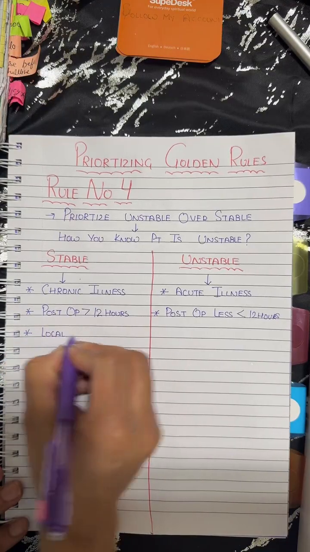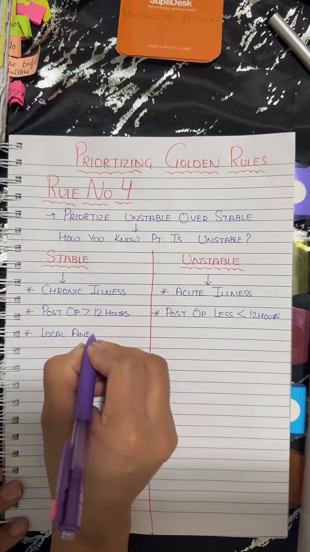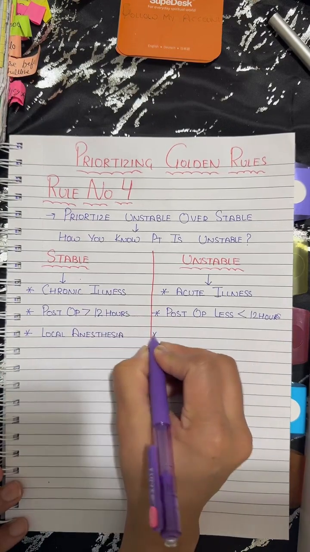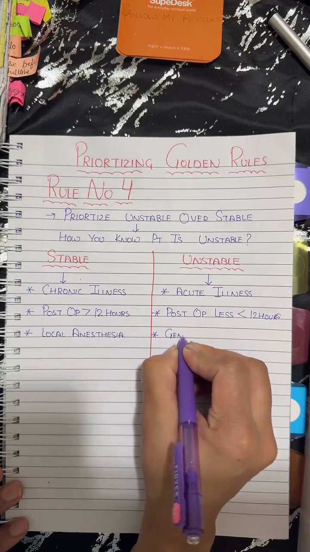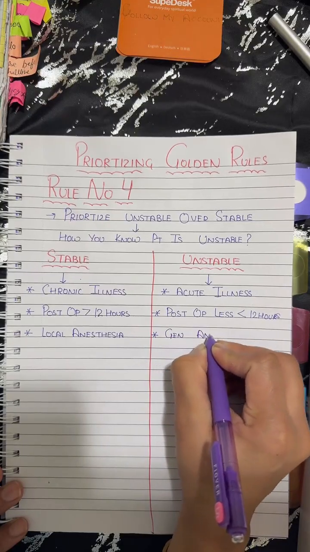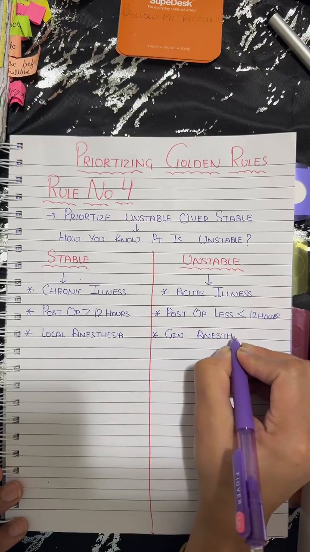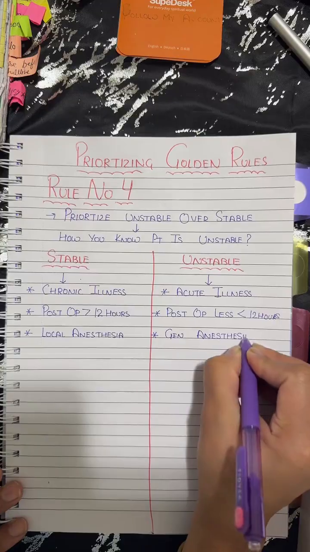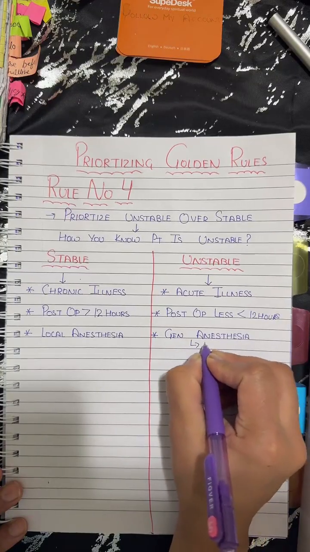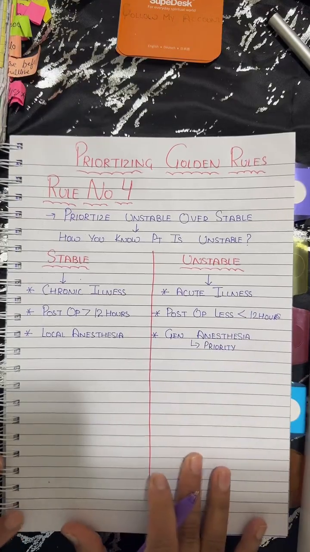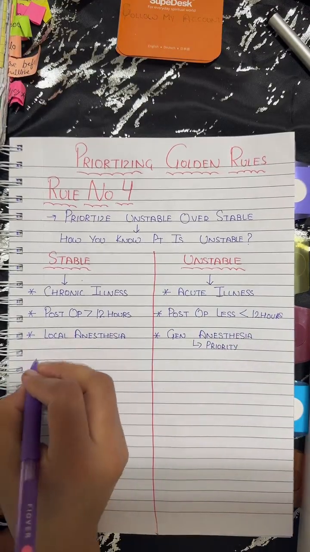Local anesthesia. Then general anesthesia is an unstable patient. Priority. Yes, and then